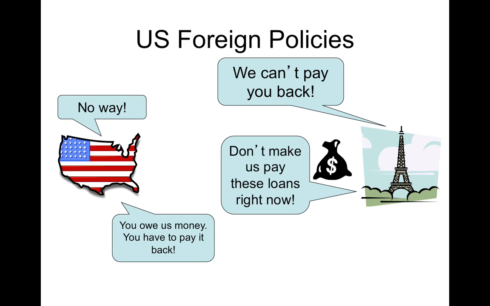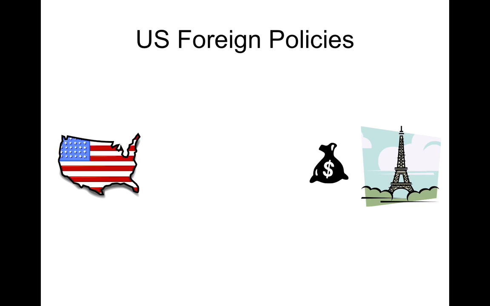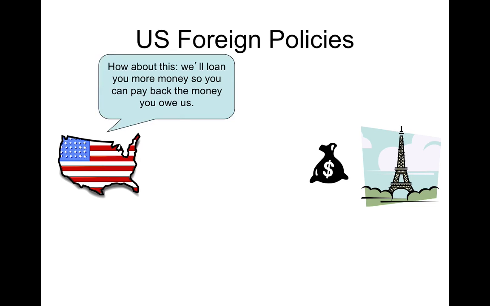But the U.S. requires those payments, and so they come up with a plan in the middle of the 1920s. And the plan is this. The U.S. will loan money to Britain and France so they can stimulate their economy to be able to produce more revenue to pay back the initial loans that they owe America.